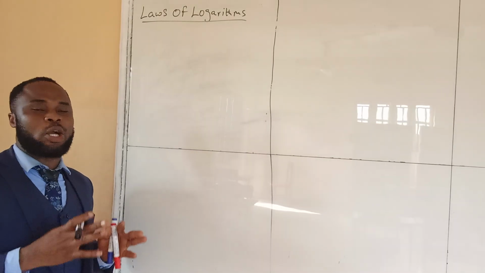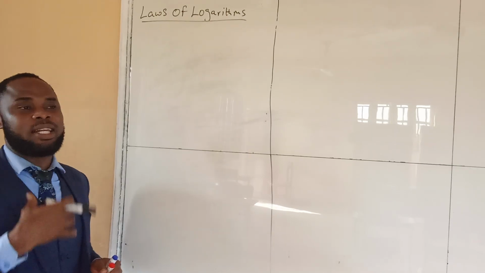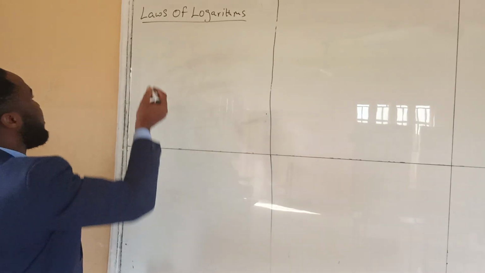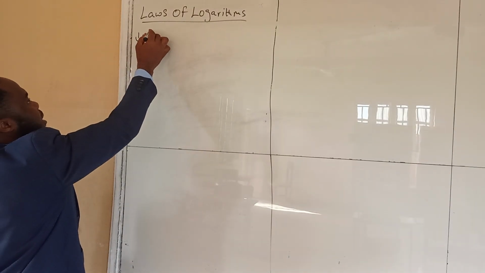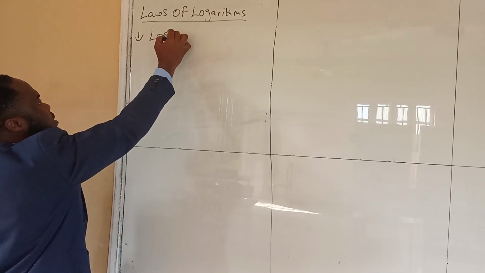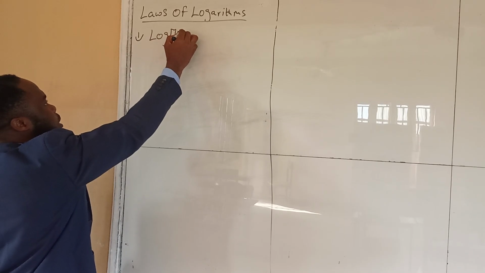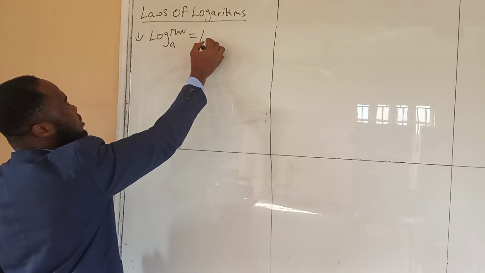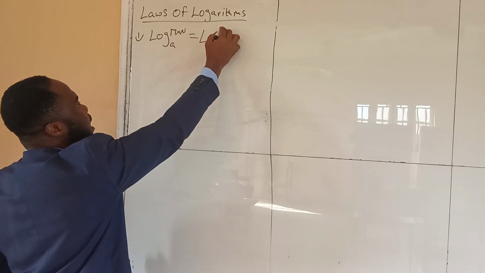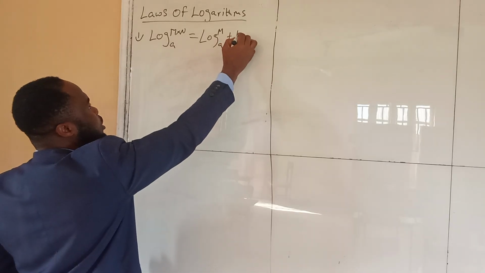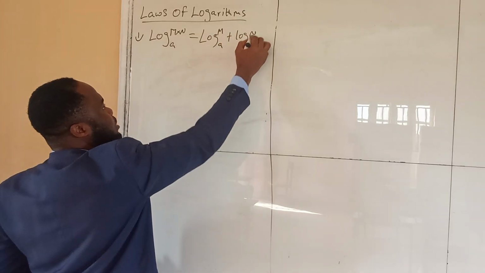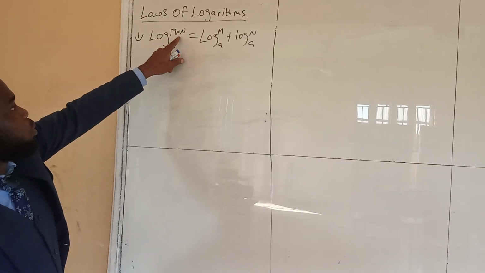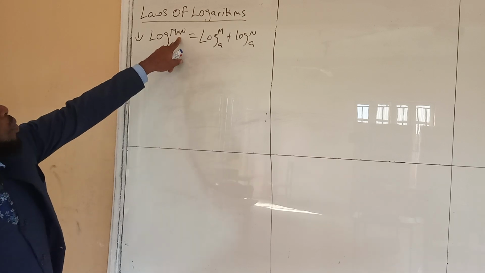When you understand the concept of the laws governing logarithm, the next is how do I apply those laws, right? Good. The first law, okay? Now, if I have log of M times N to base, let's say A, this equals log of M base A plus log of N to base A. The law simply states that whenever two numbers are multiplied, we can